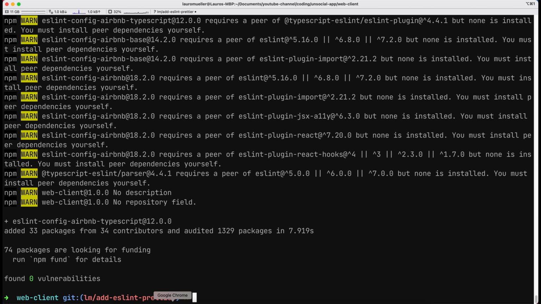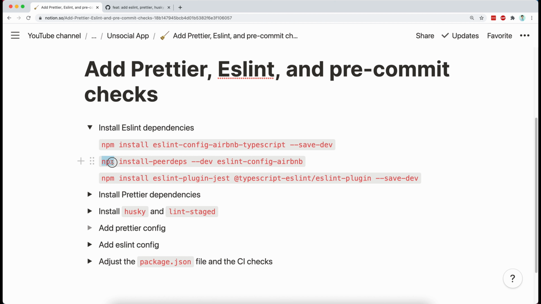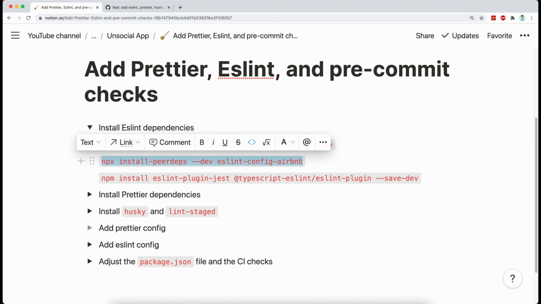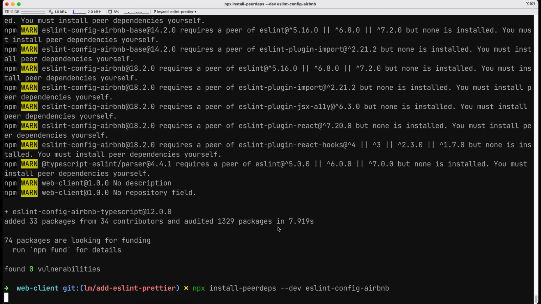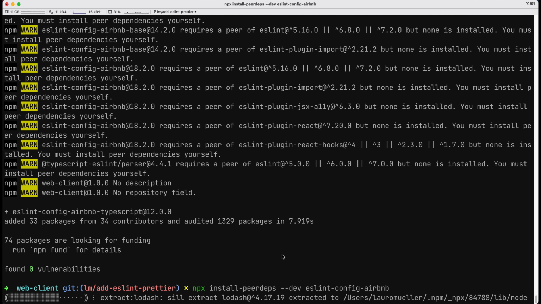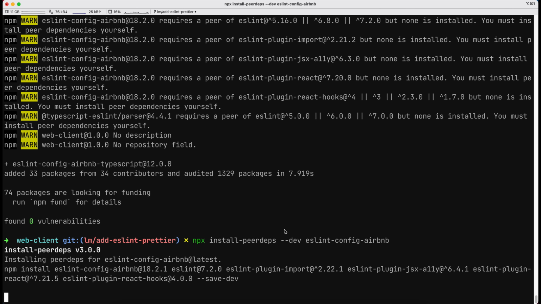With that installed, the next one I want to install is the Eslint config Airbnb as well as its peer dependencies. So be careful here, I'm running npx, not npm, because this install-peerdeps is a package that will then install the Eslint config Airbnb as well as its peer dependencies. I'll copy this and paste into my terminal, just run the command. It's going to take a bit of time because it will install more packages, but once this is done, we will make sure that all the dependencies that are necessary for the Eslint config Airbnb will be installed in our